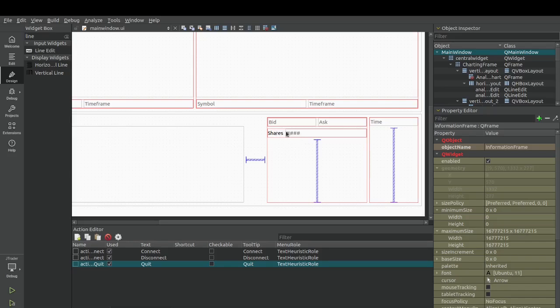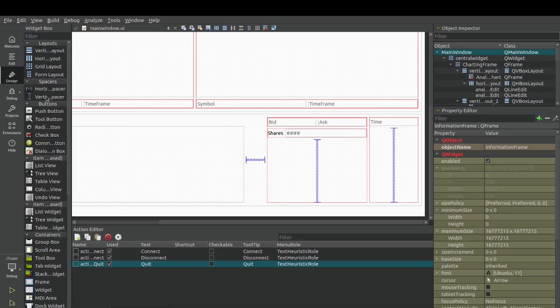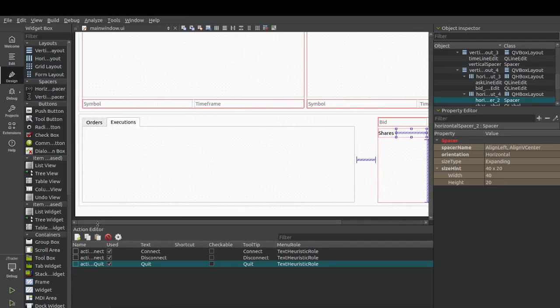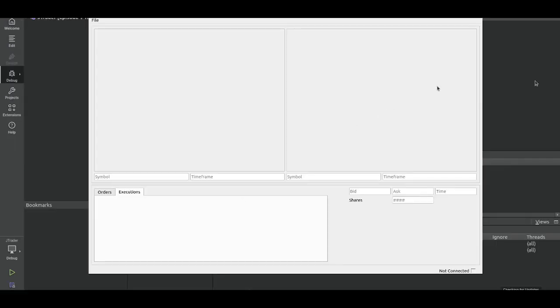So now with this, I need to add a space. So I'm now going to take that horizontal spacer, put it here, and now I have them lined up. Terrific. So now I have everything I need. Okay, great. So now I go ahead and run it. Here's my file menus. Connect, disconnect, and quit. And I have all my working